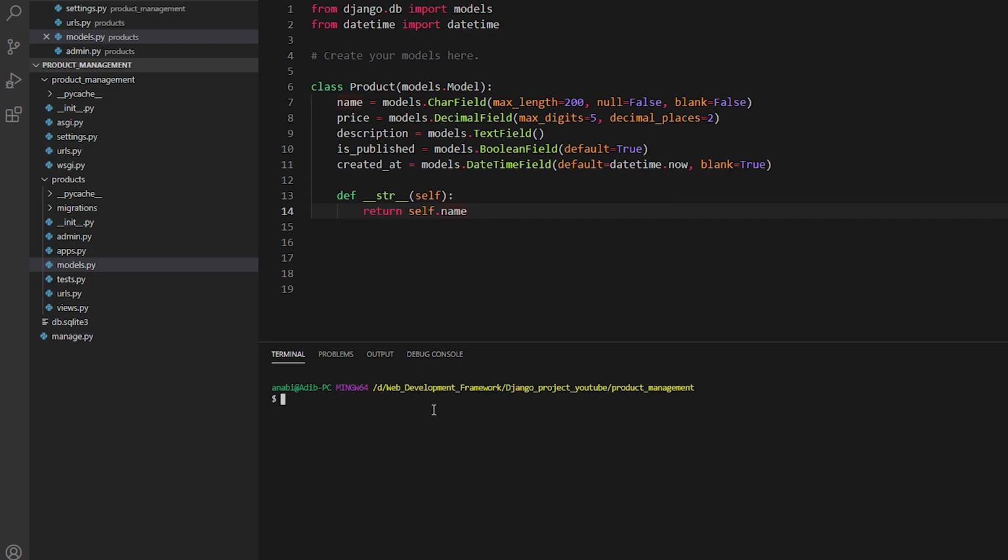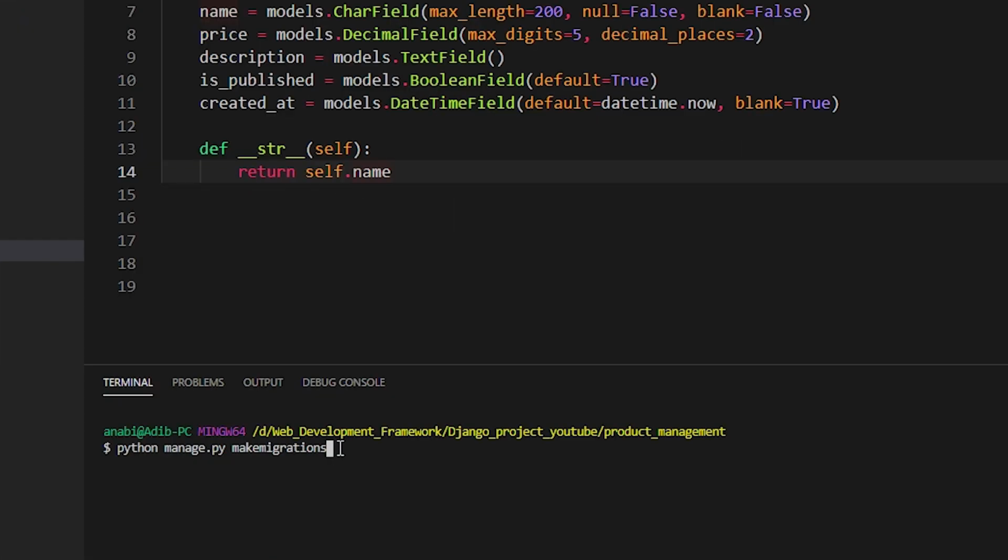Now two commands are very important: python manage.py makemigrations and python manage.py migrate. These two commands are very important, even in interview questions. I will come back to it later. So first we need to add